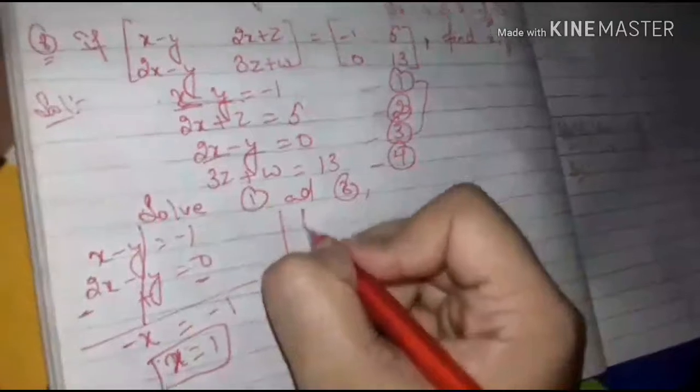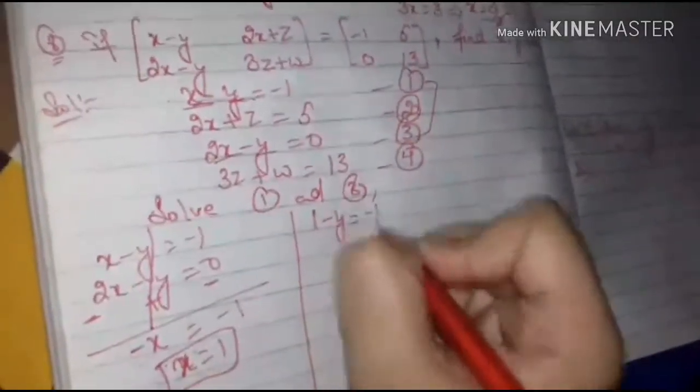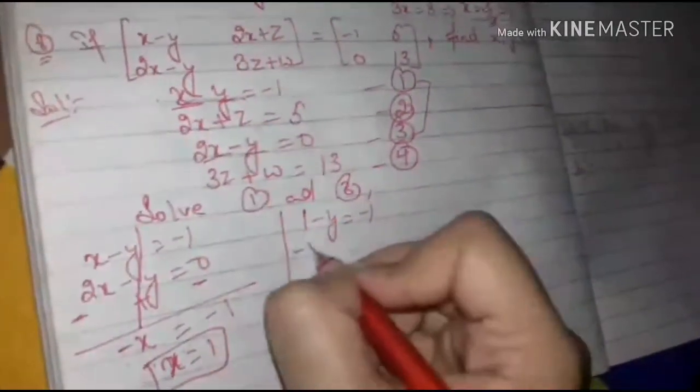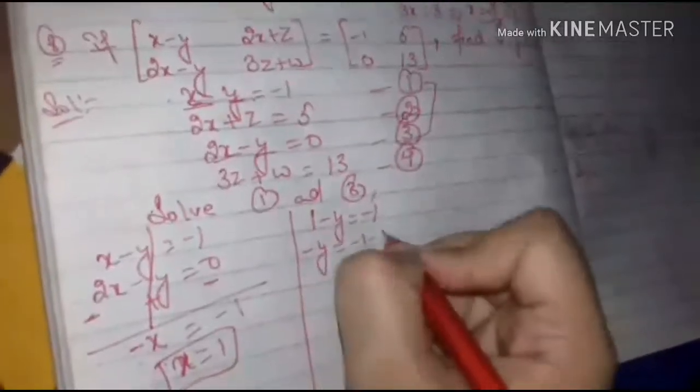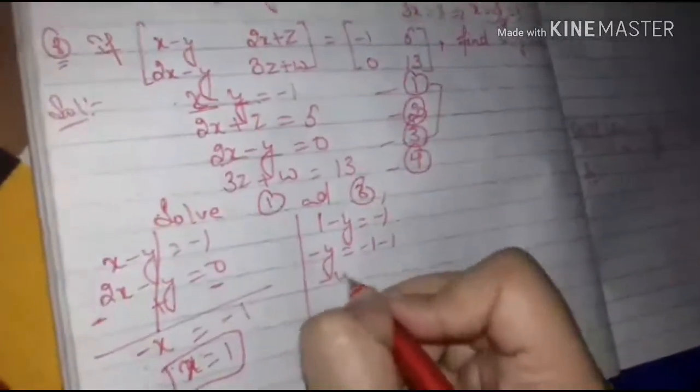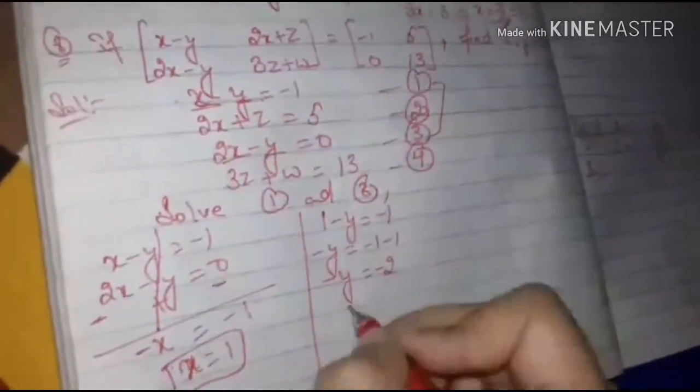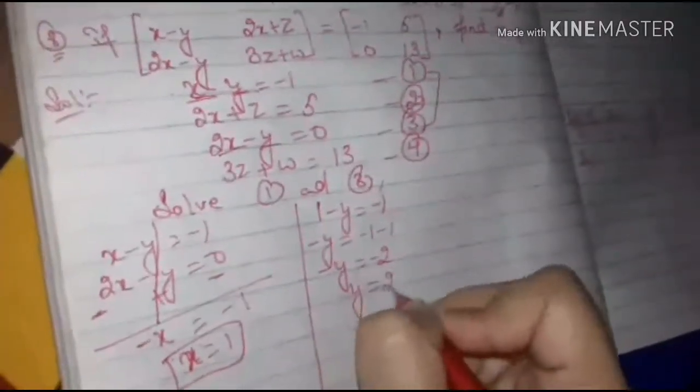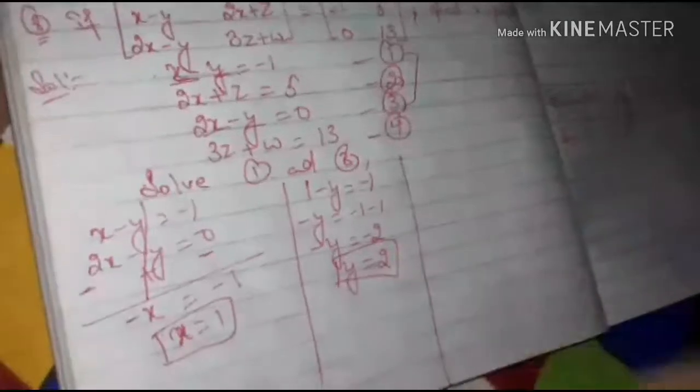Put this value of x in the first equation. 1 minus y is equal to 1, minus y is equal to -1 minus 1, minus y is equal to -2. So y is equal to 2. Next,